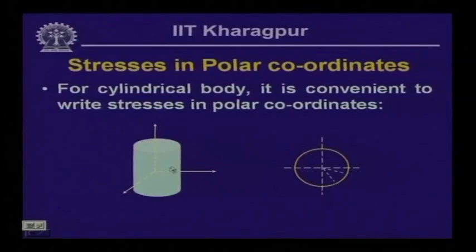surfaces are curved, and to represent the stresses on those curved surfaces, it is ideal to represent them in terms of a coordinate system which can be expressed in terms of radius and the rotational angle theta, which we call the cylindrical axis or polar reference axis. Now, let us look into that. If we have a cylindrical body of this particular form,